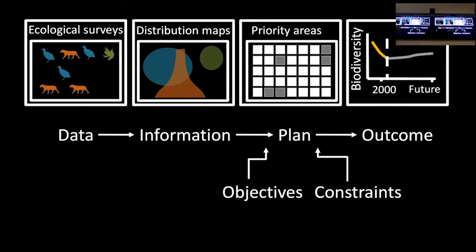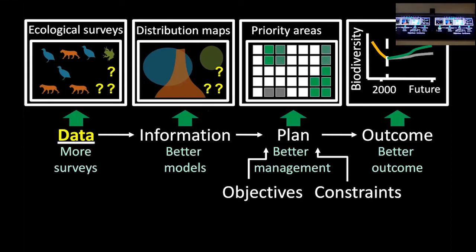So, getting back to this idea of data, information, plan, outcome. In theory, if we had a set of surveys and then we conducted more surveys, so let's say we went here and tried to see what was here, that would help fill in the gaps in our distribution maps. And that could potentially radically alter our plan. So maybe these places down here are really cheap and they also have a lot of biodiversity we just didn't know about. If we knew those species were there, we might actually select a lot of planning units there, and that could increase our outcome. So, another way is more data, better outcome.